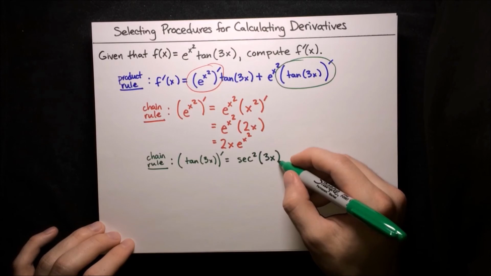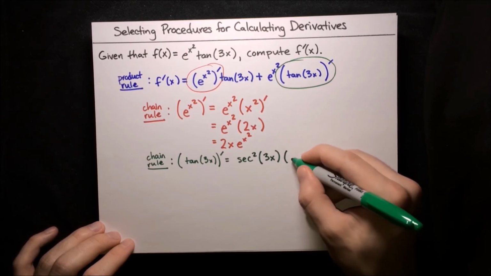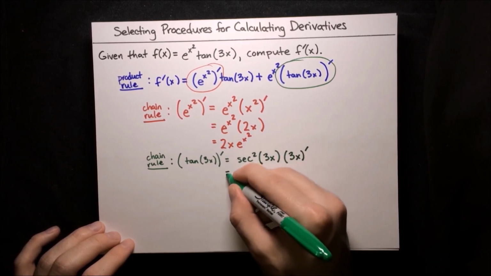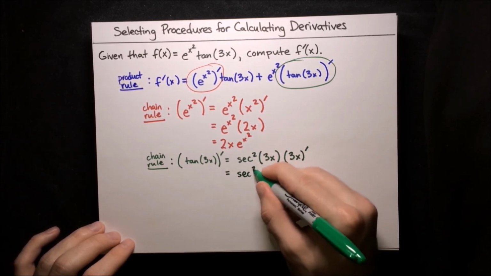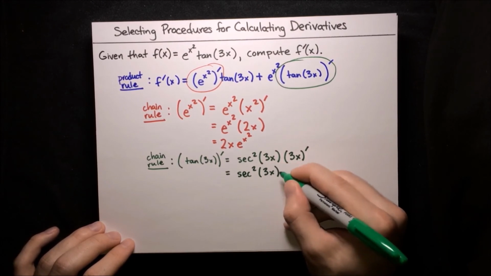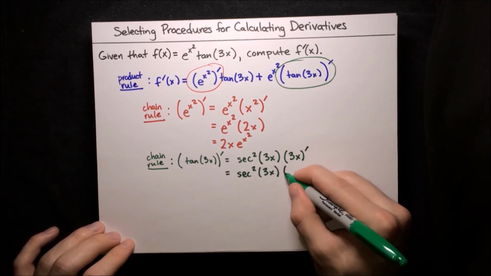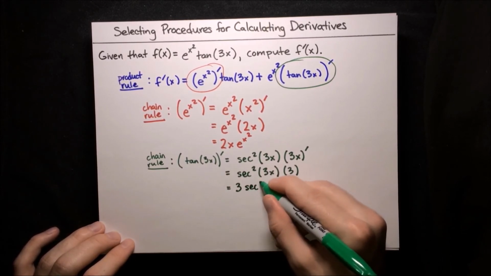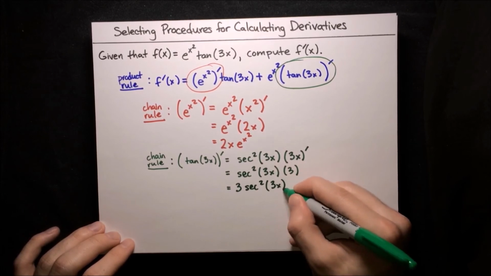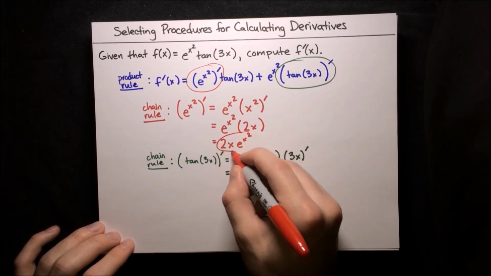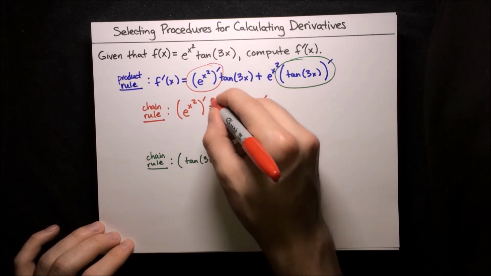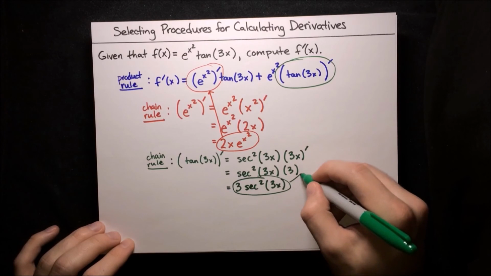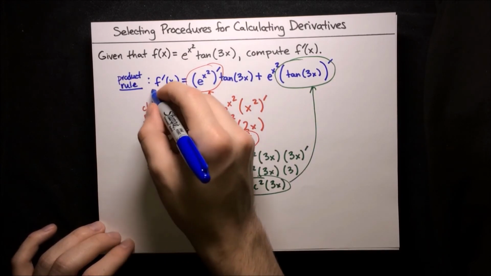But then the chain rule tells us we have to multiply by the derivative of that input afterwards. So derivative of 3x. So let's go ahead and simplify this. This is secant squared of 3x times the derivative of 3x, which is just 3. So this is really just 3 times secant squared of 3x. So we can go ahead and substitute these results back into the original expression. This goes in there, and this goes in there. And our result then is that